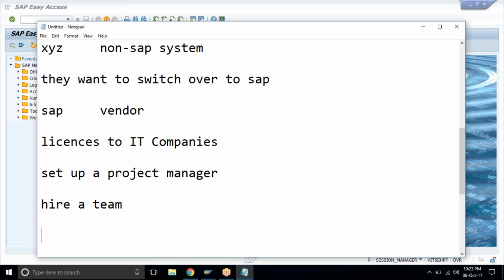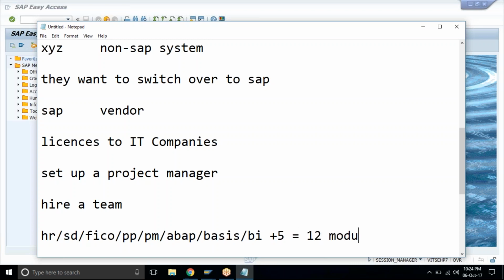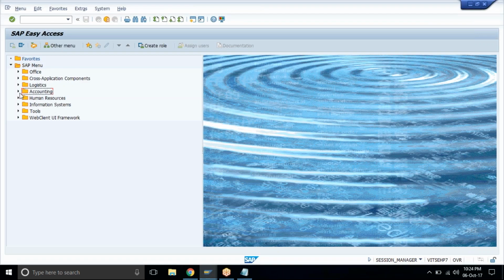Think about a client who wants HR module, SD module, FICO, production, plant maintenance, ABAP, Basis, BI, and maybe 5 more modules. So almost a 12-module portfolio. SAP has a lot of solutions, not just these. If you hover around this system, you will find